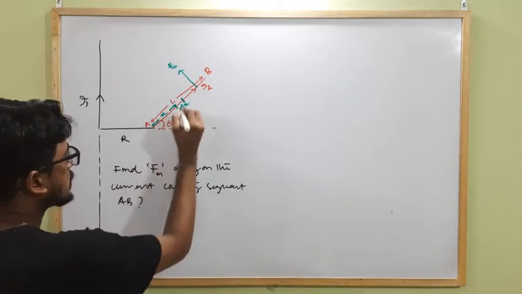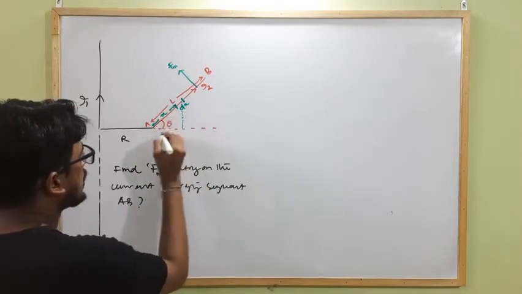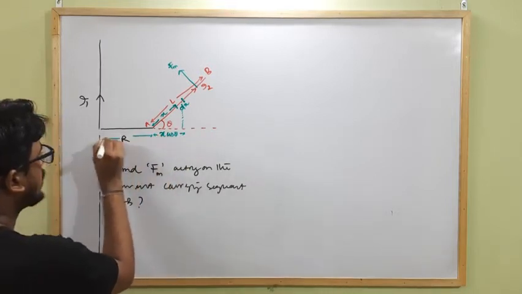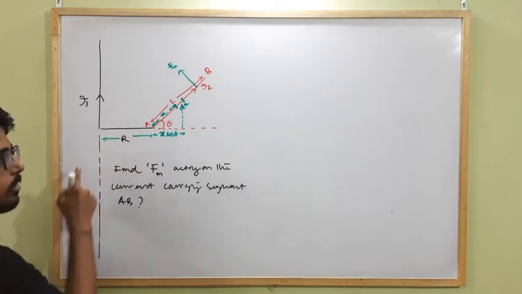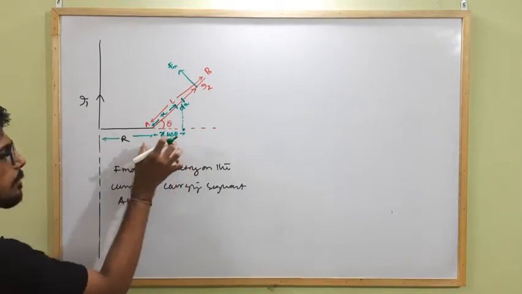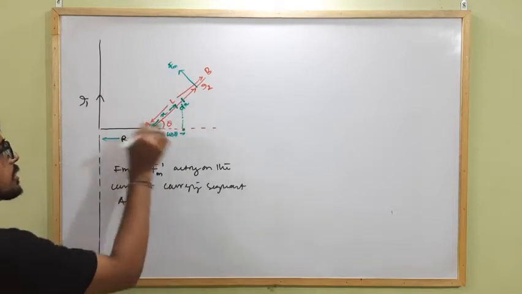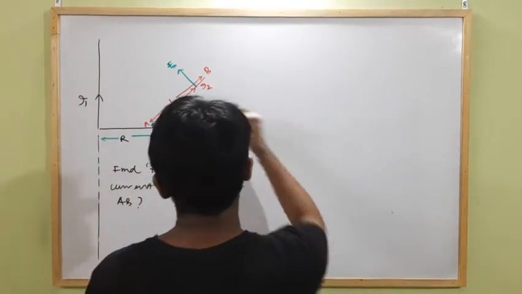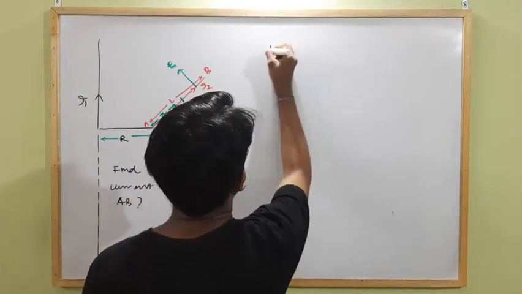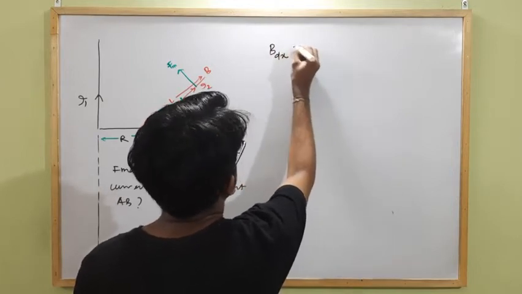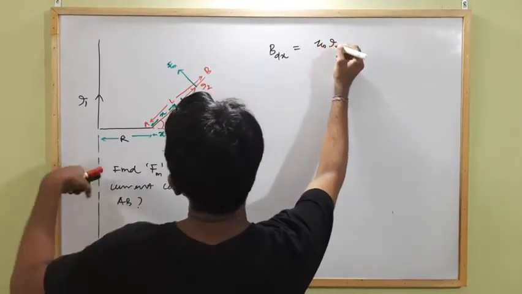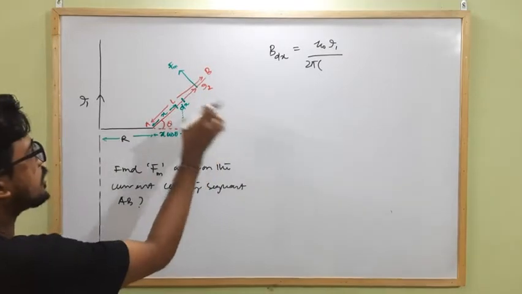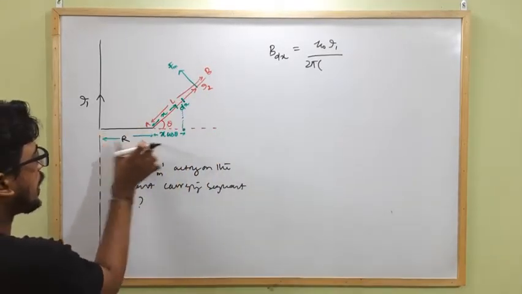At this point, what is the strength of magnetic field? If this length is dx, and I take the projection along the horizontal direction, this will become x cos theta, and this distance is r. So this point is at a distance r plus x cos theta from the infinite current carrying conductor. Similarly, this dx length is also at a distance r plus x cos theta. So the magnetic field strength due to this infinitely long straight current carrying conductor at the place of dx will be how much? Mu naught I1, the current flowing through this infinite conductor, divided by 2 pi times the perpendicular distance of dx from the current carrying conductor, which will be r plus x cos theta.